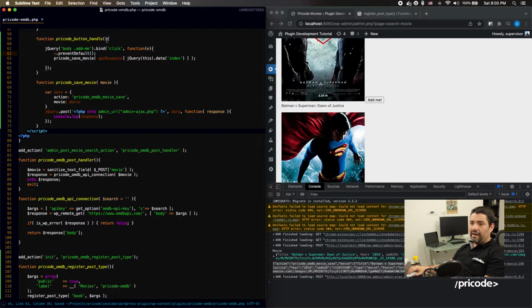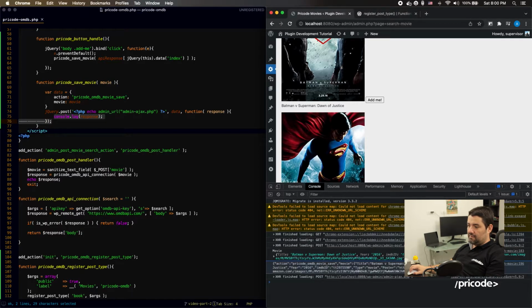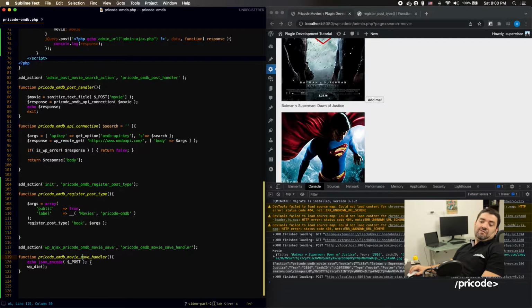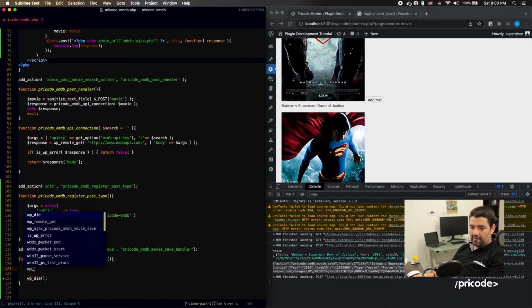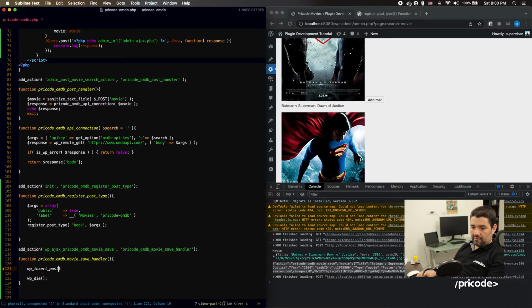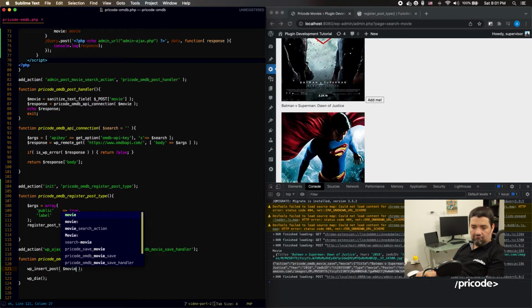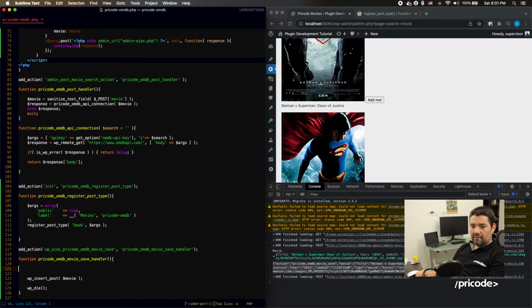So I click on it. It's getting over here, and then it's printing. Hey, you know what? This is your info over here. Okay, so it's going to do something with this, and we can do something pretty cool over here called WP insert post, and it's going to just create a variable called post. Oh, now it's going to name it movie, just because I want. So it's going to be something like movie,